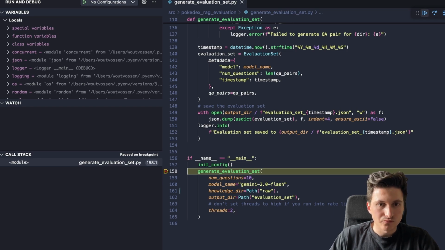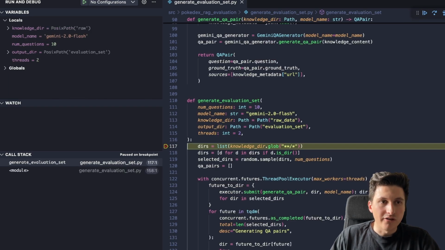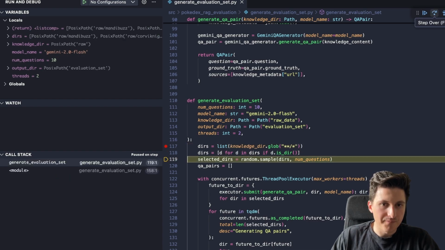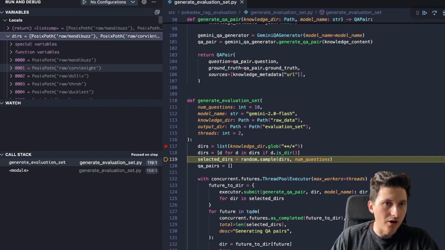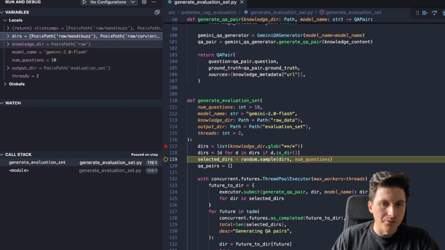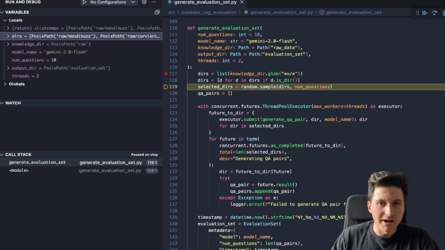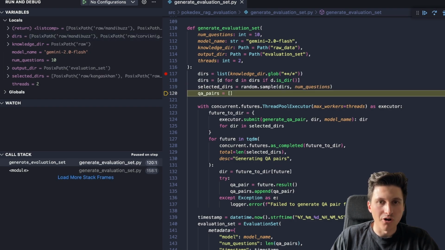The first thing we are going to do is, in this raw directory, list all the directories which correspond to the different Pokemon. What we are then going to do is randomly sample a certain number of directories based on how many questions we want to have, because we are going to ask a question about each